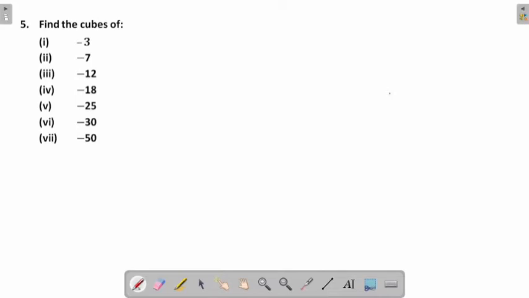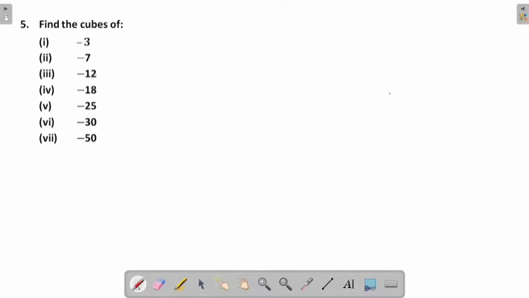So I'm taking question number 5 for you. The question says, find the cubes of these numbers. There are 7 sub-questions given to you. I'll just do 2 questions for you. The rest of the problems you will try by yourself. One thing that you need to note here is, let me directly start with question